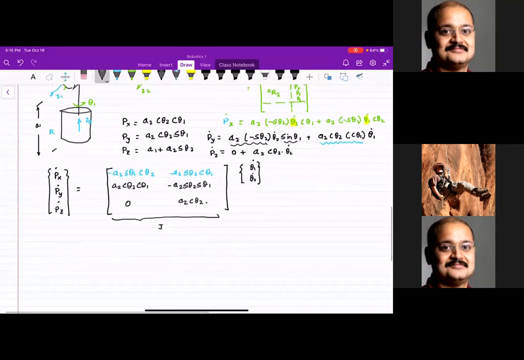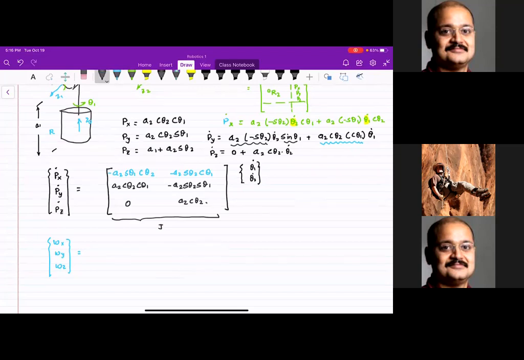The story does not end here. Still, we need to find out omega, the total omega x, omega y, omega z. But the strategy is the same. But before I actually work out these equations, I want to ask you this: px dot, py dot, and pz dot. These velocities are a vector. A vector is going to need a direction. Direction means it's going to need a coordinate. So in which coordinate system are px dot, py dot, and pz dot expressed?